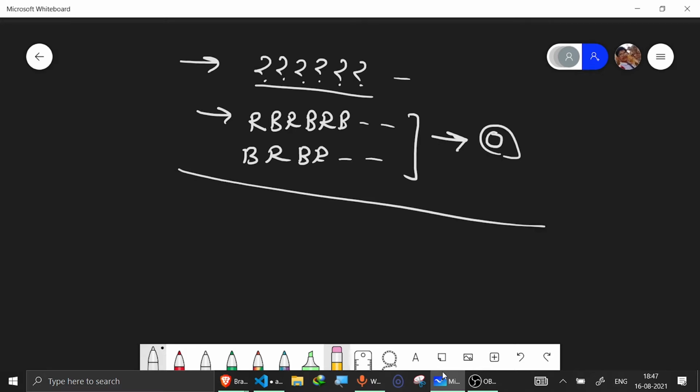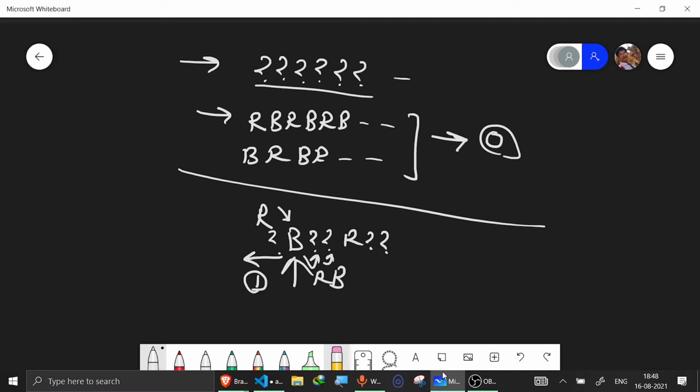Now, what if some values are already filled? Suppose this is filled: question mark, question mark, question mark, R, question mark, like this. What you would do is pick any element which is not a question mark, and then iterate from that element to the extreme left, and from that element to the extreme right, till the time you are having question marks, and replace those question marks alternately like this. Suppose here you got B, so you could go only one step. I would go one step and mark this as R. I could go here 2 steps, so I would mark this as R and this as B.